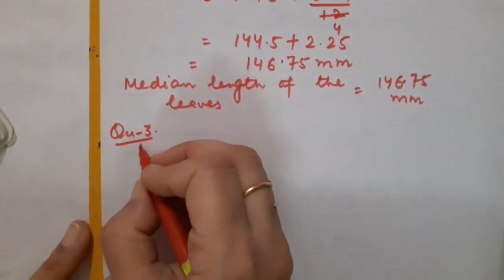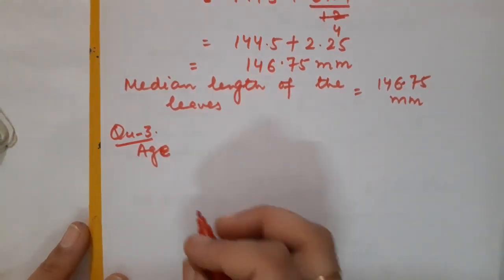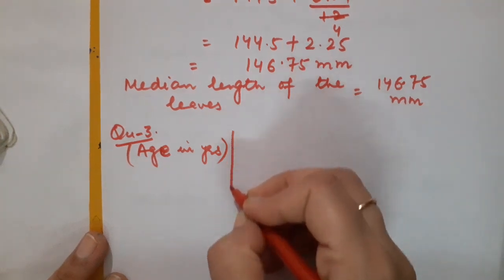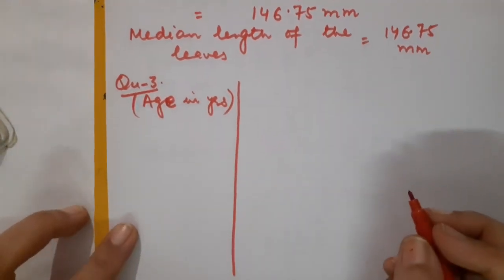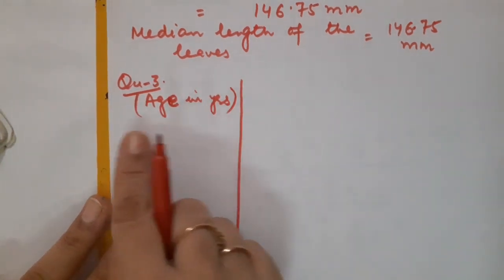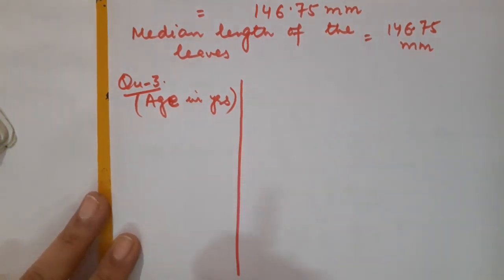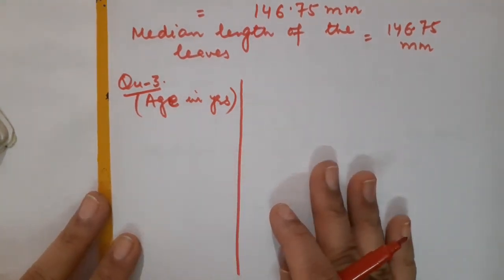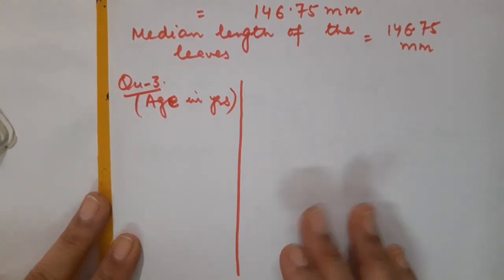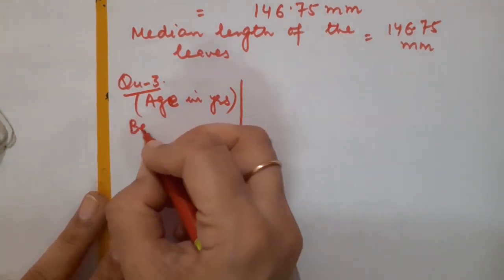Here you will be having frequency distribution table given, means you will be having given age in years. Let us understand how cumulative frequency distribution table is given to us. Whenever less than or below, more than, or greater than, these things are given, means you will be having cumulative frequency distribution table given. Means some of the frequencies you will be having, but you have to reach the actual frequency. So let us understand it through example.